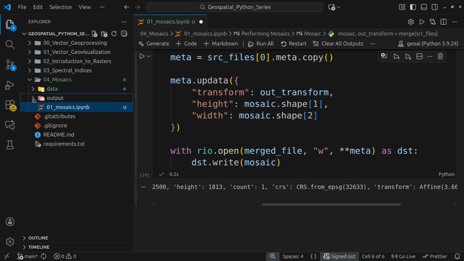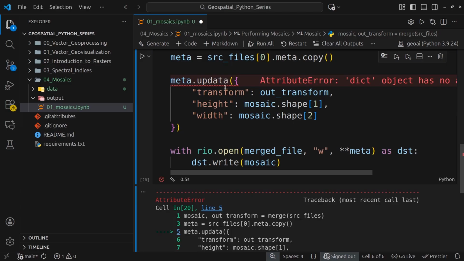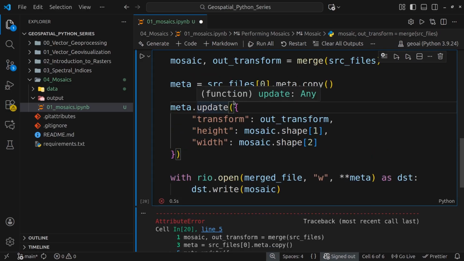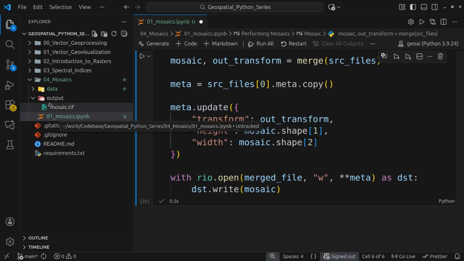So now in our output folder, there is nothing. If I refresh, there's still nothing. But as soon as we run this cell and we have an error here, of course, this is a typo. It's supposed to be update. And then I run again. This time around, no error. And you see that there is an output file here called